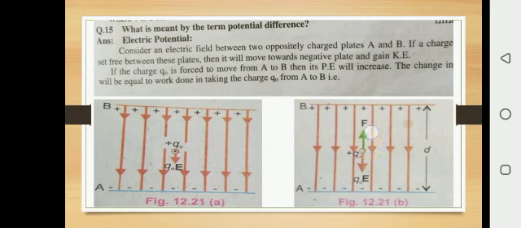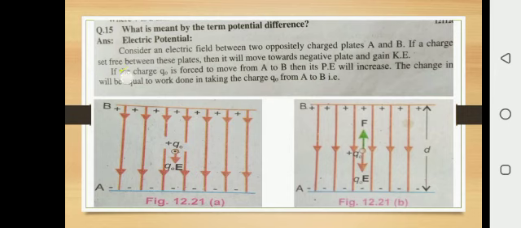Okay. In the explanation, while you explain this question, first of all write the definition of electric potential or potential difference as I have told you at the start, and after that the second heading is explanation. In the explanation, write as I have told you. You have two oppositely charged plates, plate A is negatively charged while plate B is positively charged. Electric field lines originate from plate B and terminate on plate A, and you have a positive charge Q naught that is allowed to move freely in the first case, and in the second case this charge Q naught is forced to move from plate A to plate B, right?